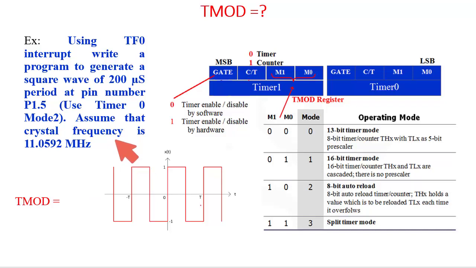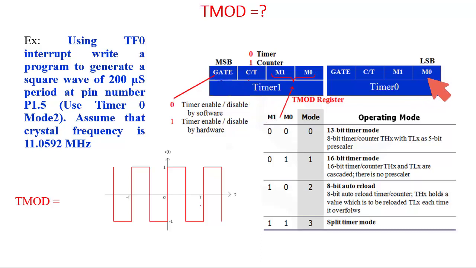Now here what will we use? We need to use an interrupt, that is timer overflow interrupt 0, which means we should use timer 0 and port P1.5. For using the timer we need to set the TMOD register. So first thing, what should be the value of the TMOD register to use timer 0? And no doubt the timer 0 will be used in mode 2. Now see, this is the TMOD register. The LSB 4 bits are for timer 0, and the MSB 4 bits are for timer 1.